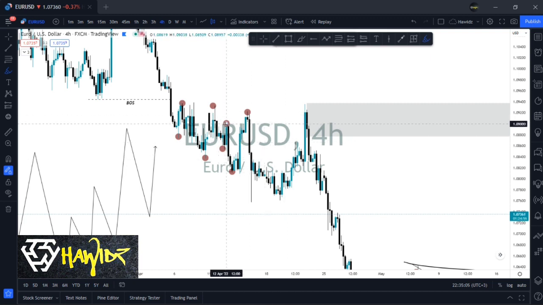In the lower time frames, this is a low and this is a high. Now this is what we call liquidity engineering by smart money, meaning that they engineered liquidity by creating a low and then a high, meaning that people who bought here have their stop losses below this